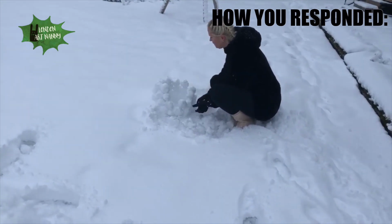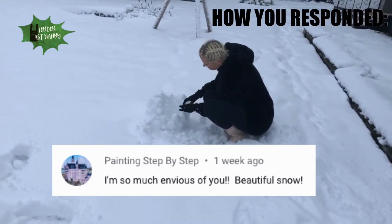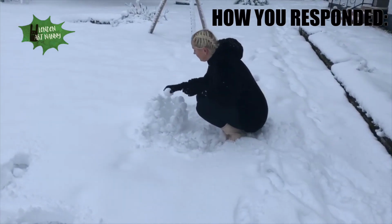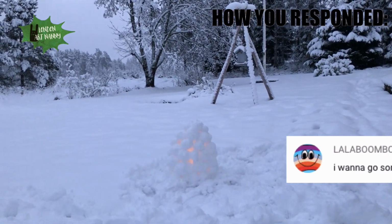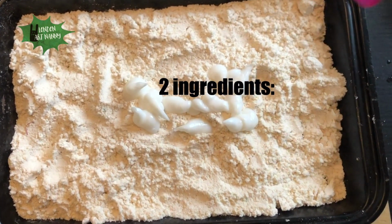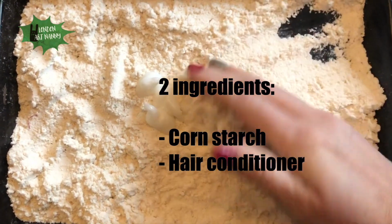Many of you said that you live in a country that is too warm or too hot to get fresh snow. So that is why I decided to share in this video how to make fake snow at home that you can use for your toddlers to play with as sensory play. And to make this, you actually only need 2 ingredients, which you probably might have at home already, which is cornstarch and hair conditioner. And then you simply mix it together